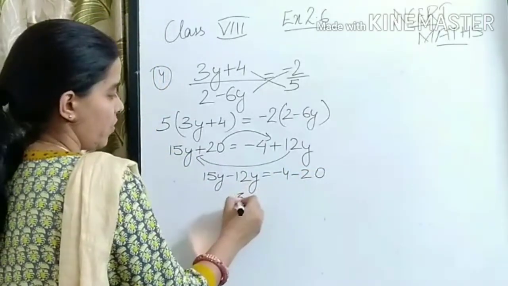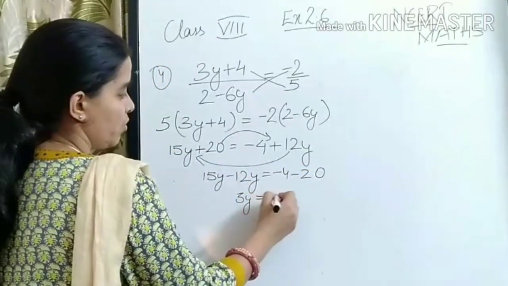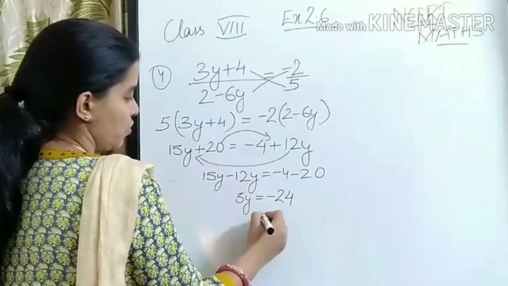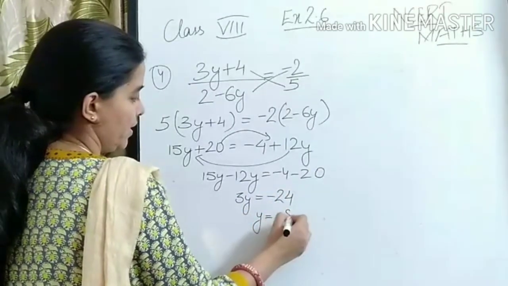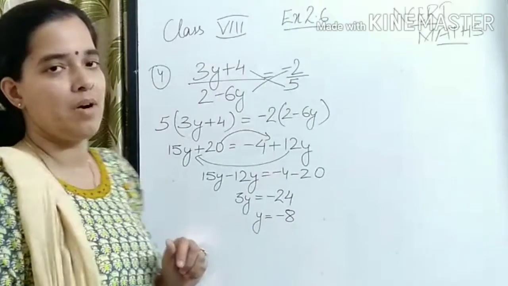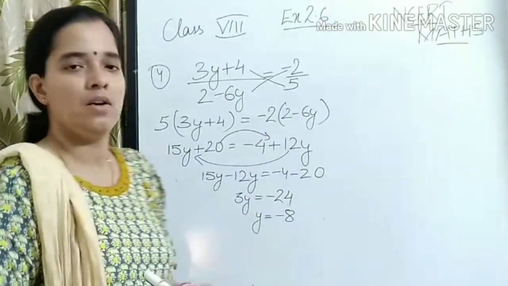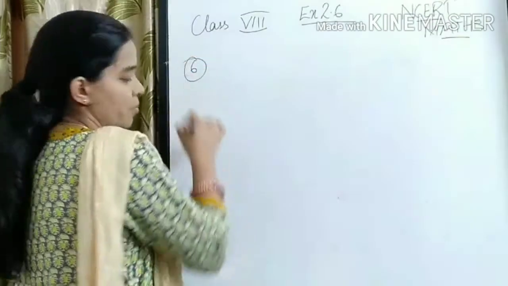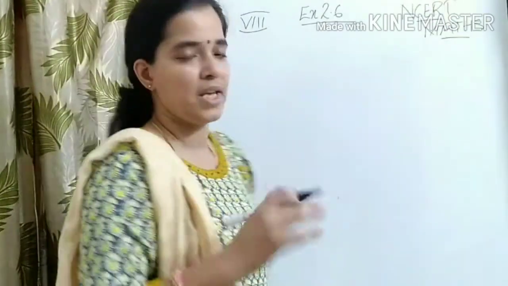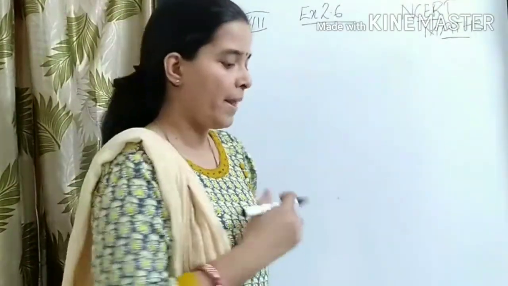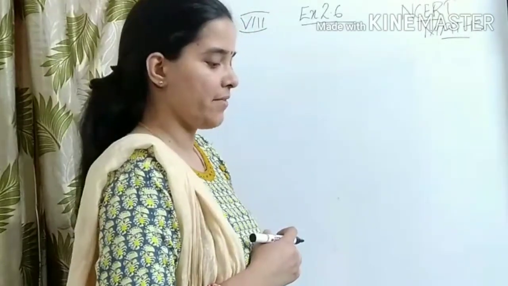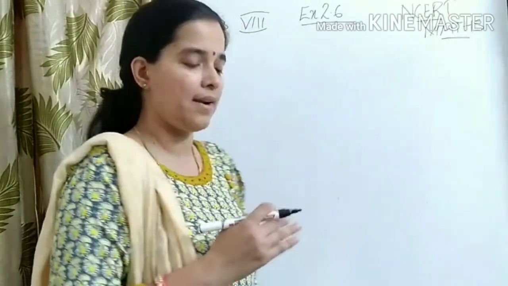This will become 3y is equal to minus 24. So y is equal to minus 8. Y will come after dividing minus 24 by 3, and this will be minus 8. Now, question number 5 is the same as question number 4. In question number 6, it is given that the ages of Hari and Harry